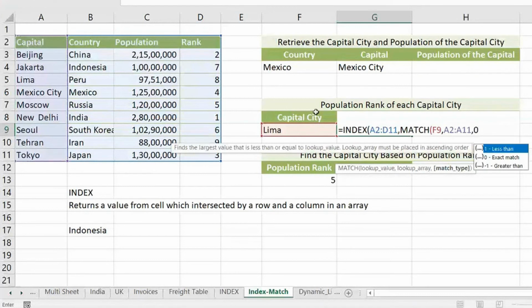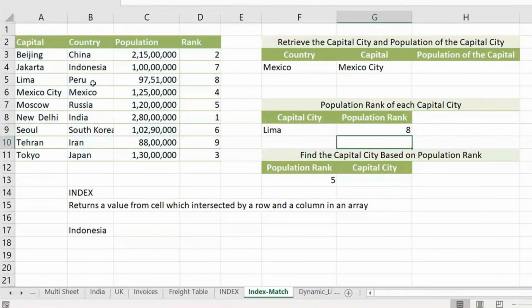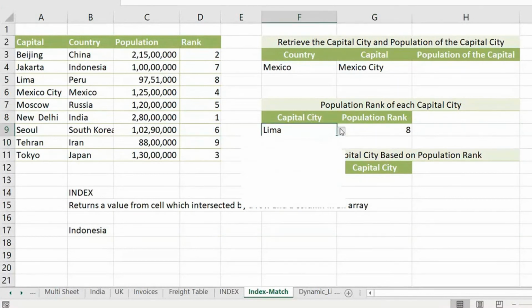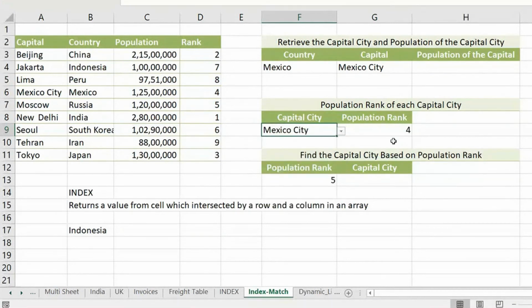Comma, 0. Just a single column. That is important here. And then 0. Then close the bracket. Then what is that we have to retrieve? Population rank is what I have to retrieve. So guys, where is population rank in my table? 4. That's it. So I put that column number. So this is from the beginning. I'm sorry. Put one more comma there. 4. Perfect. So close the brackets. Enter. So based on this, it can work like your VLOOKUP also, right? It's actually pretty simple if you practice 1 or 2 times. You just need to practice, guys.